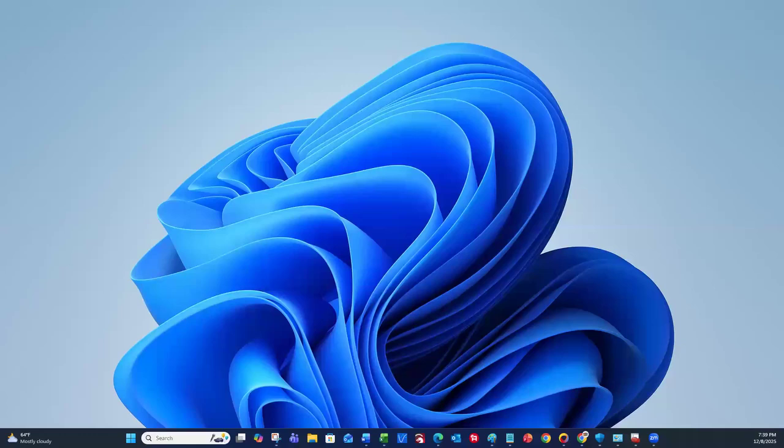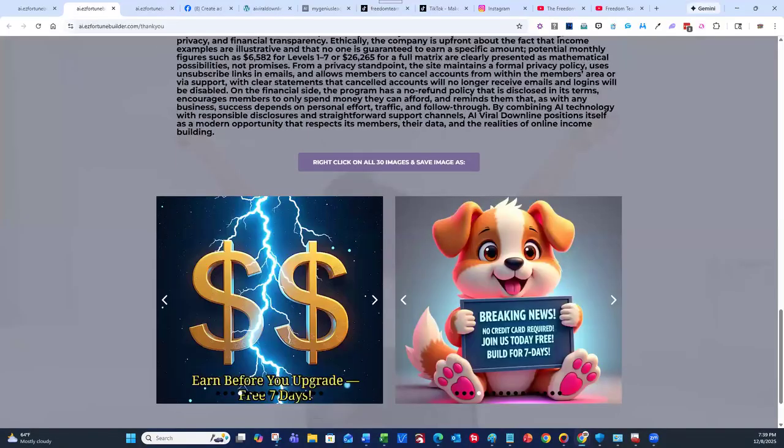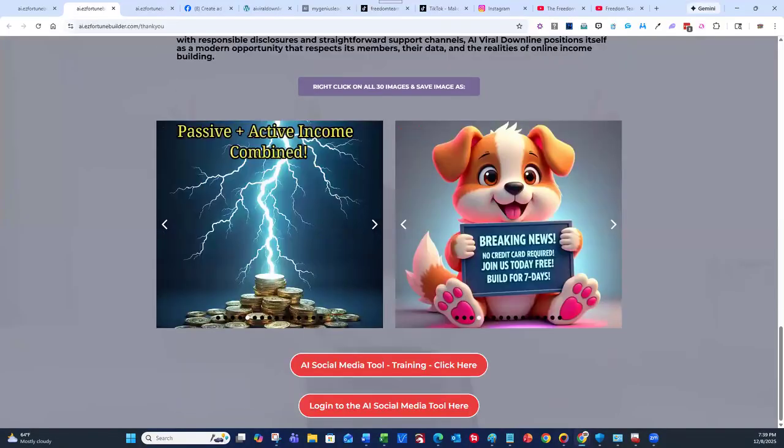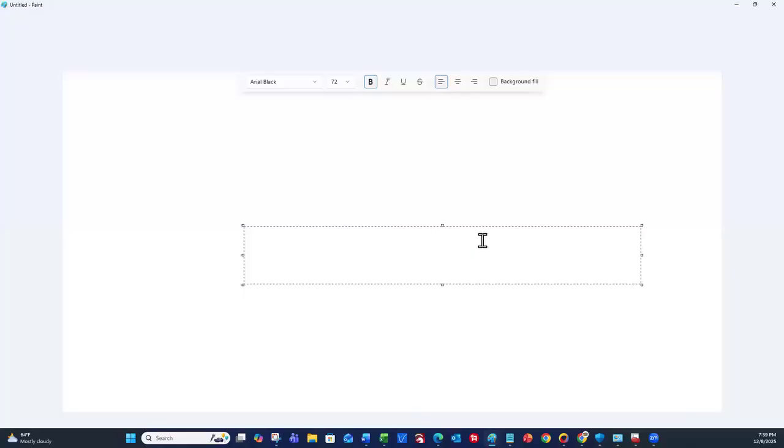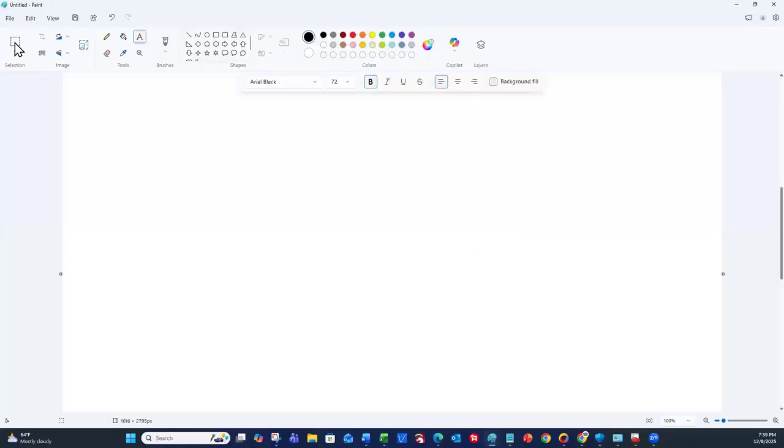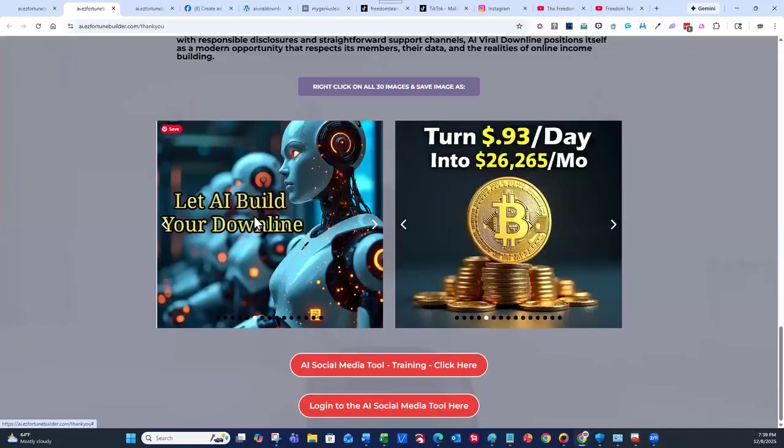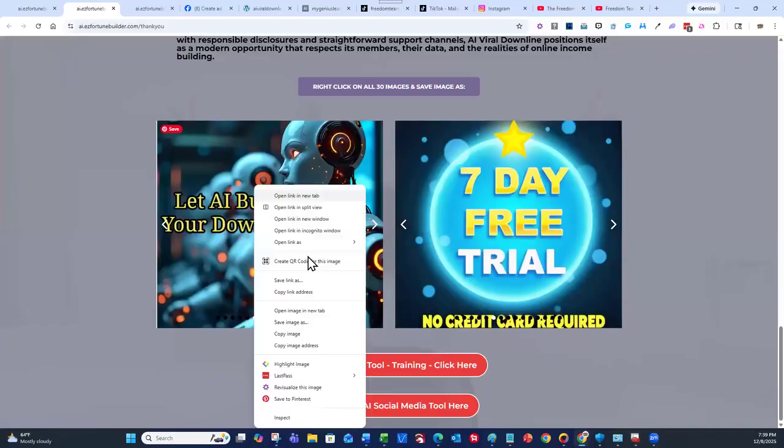Yeah. When I right click, so what I teach people to do is remember how we had Paint open, right? What I do, let's say this image, I right click and then hit copy image.